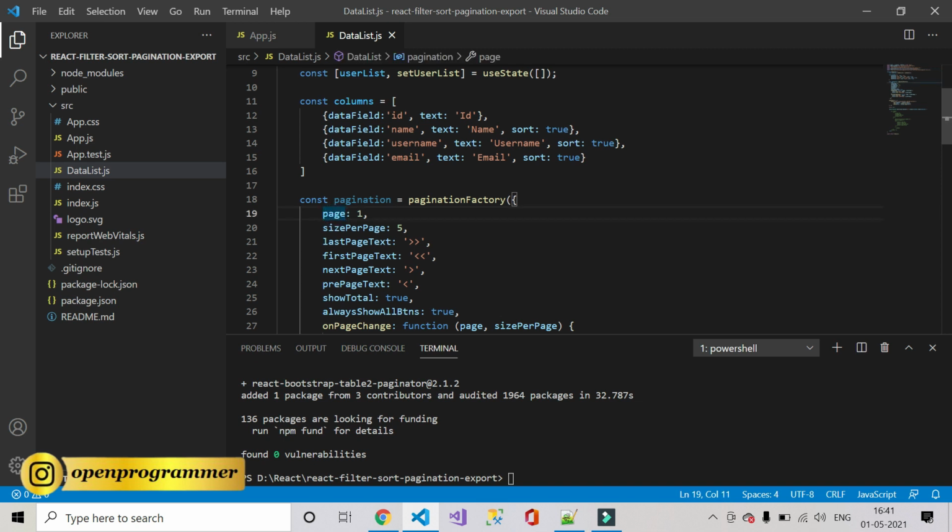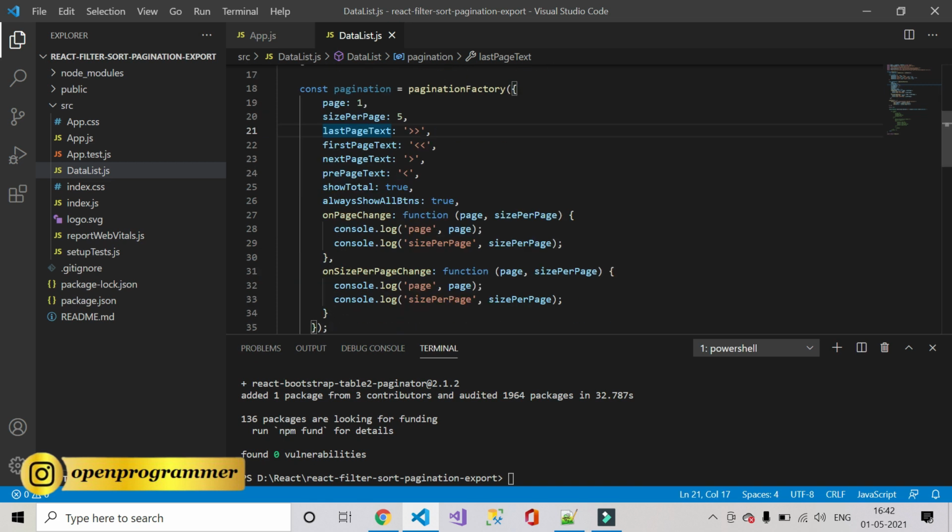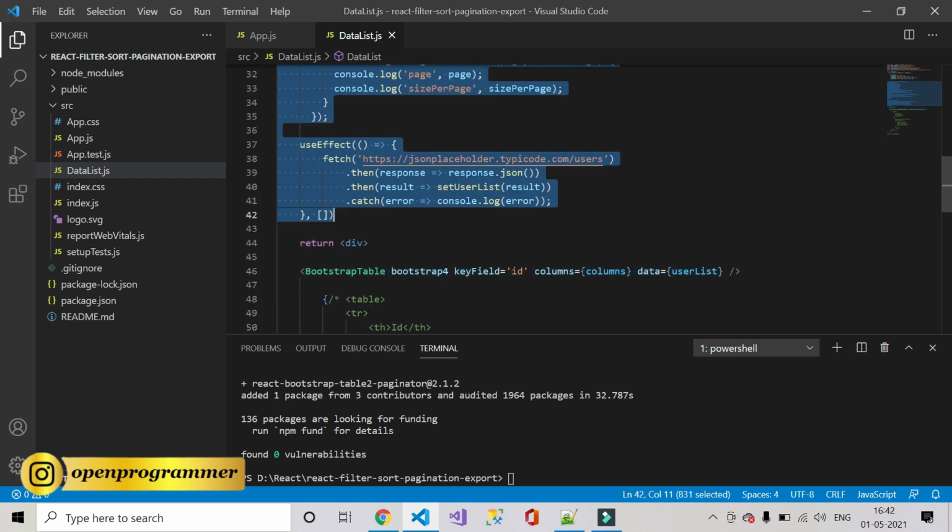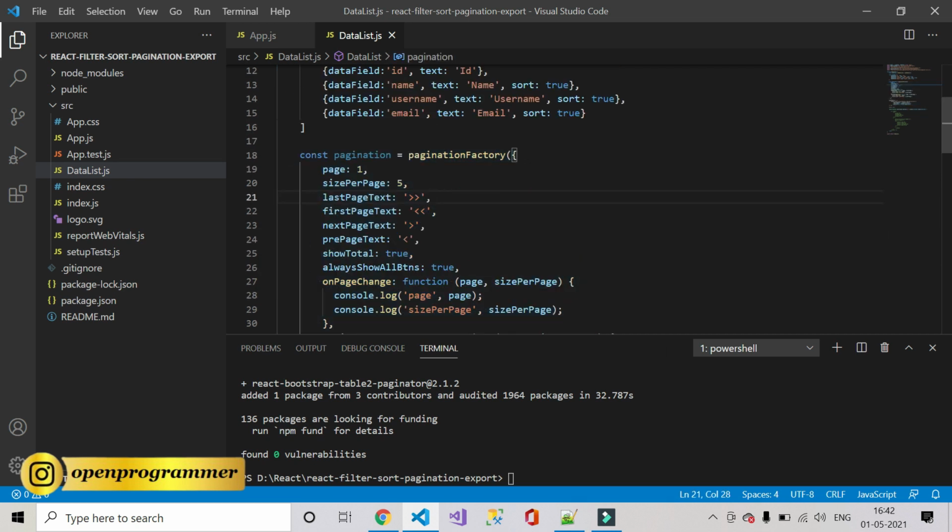So here page, this is the first page number, and this is how many records you want on the first page. This is the last page text. All right. And it will also show the total number of records, so on page change. All right. So these are some properties for pagination. So you have to create that particular array to use pagination in React table.